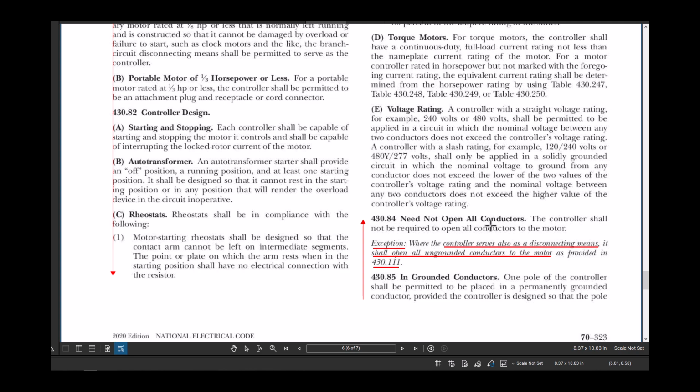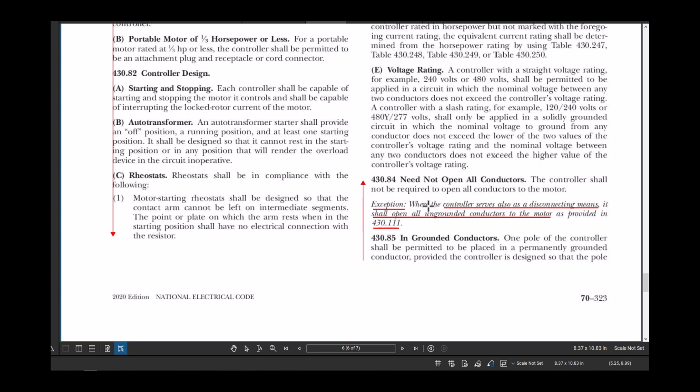Need not open all conductors. The controller shall not be required to open all conductors to the motors. This is not really related to our question because it says not open all conductors, but there is an exception where the controller also serves as a disconnecting means. It shall open all ungrounded conductors, meaning phase conductors, to the motors as provided in